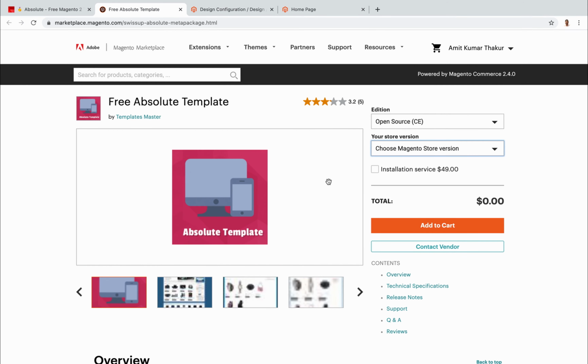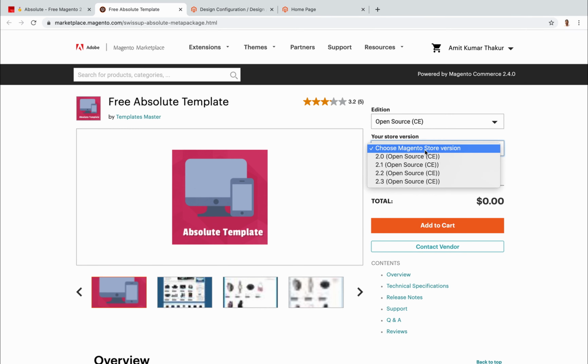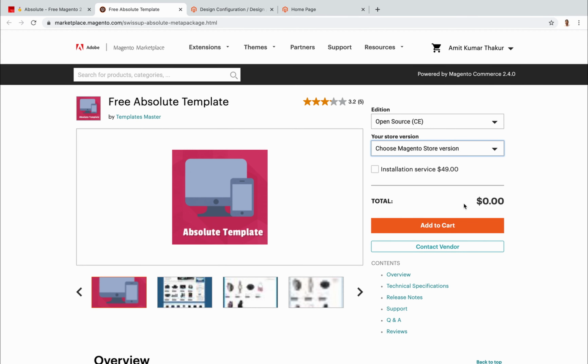In our case, our source is Magento Marketplace, and here it says it is compatible with Magento 2.3 only. So in this case, you can contact the extension provider and ask them whether it will work with your Magento 2.4 or not. If it doesn't work, they might give you support to make it compatible with 2.4, or they can give you a supported theme which works for your Magento version. Next, add this theme to your cart and place the order.